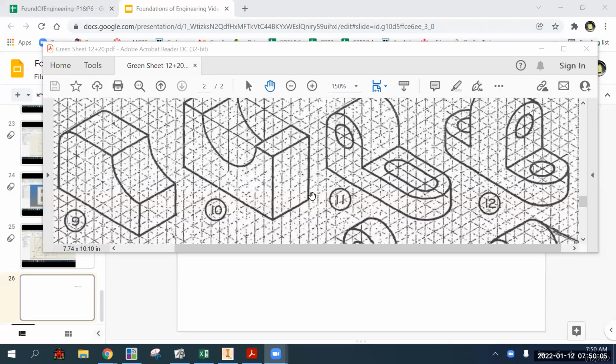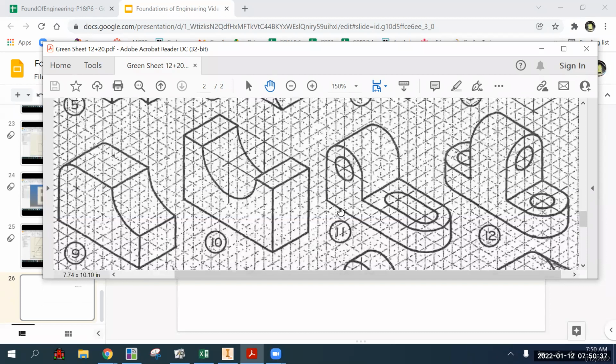Okay, so the plan here is we're going to go over the dimensionings for parts 9 through 12, and this has a major change in that these are the first parts that have any sort of curved surfaces. Up until this point, we have done our width, height, depth, start on the left. Every time something happens, take a dimension, that sort of thing. And that's still going to be the case for our linear dimensions, but we have curved dimensions also, and they